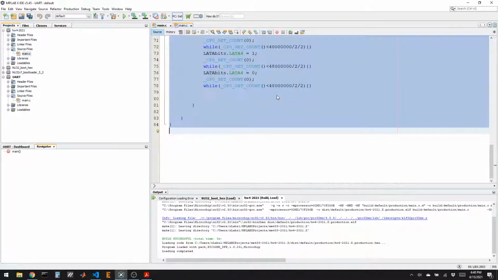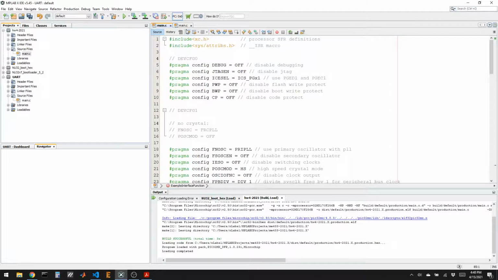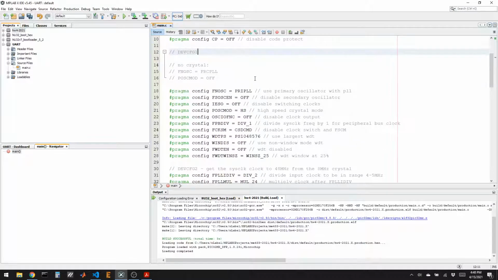And I'm going to grab everything, copy it, and paste it into my new main. Basically I'm treating that first homework like a template, and I'll just constantly edit it. So the first thing we want to do is get it to blink again. So here's where